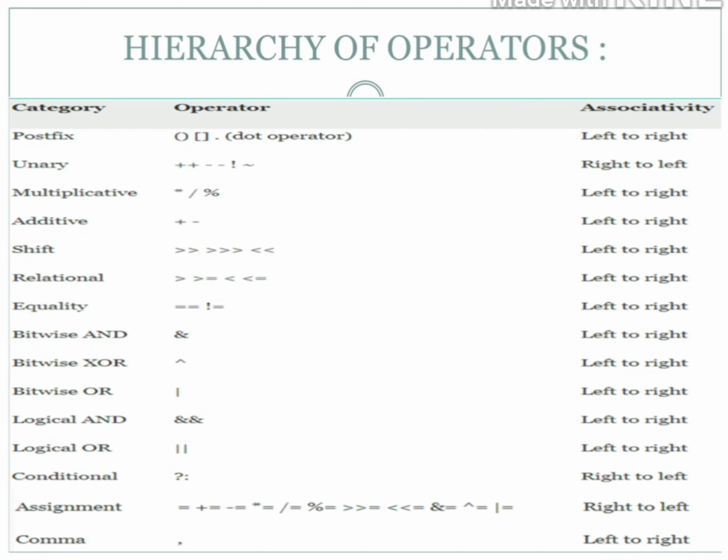We have a few hierarchies. Sometimes we have to follow left to right, sometimes right to left. When you apply it, you will know all these things in detail. For now, leave this hierarchy, but in future you will understand it when you use it.